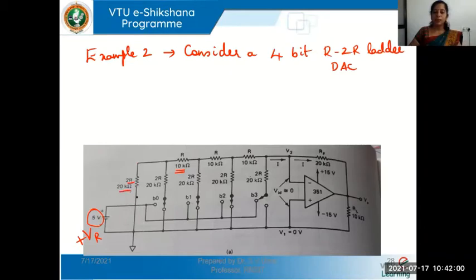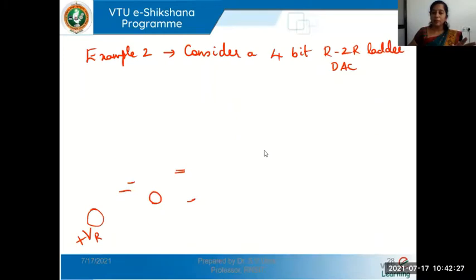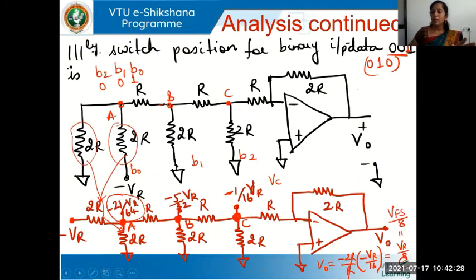So you see the last 2R resistor is grounded. The next 2R resistor here is connected to B0. The next 2R, B1, B2, B3. It's a 4-bit ladder. And in between the 2Rs here, I have R. You can see this is how it is connected. But there is a slight change here. Actually, in the previous diagram, if you observe, we had 1R after this last 2R also.